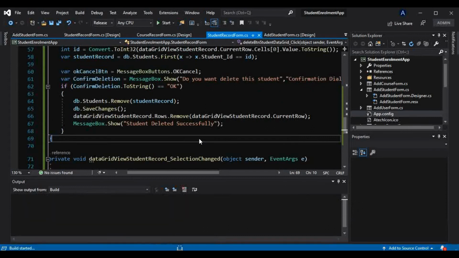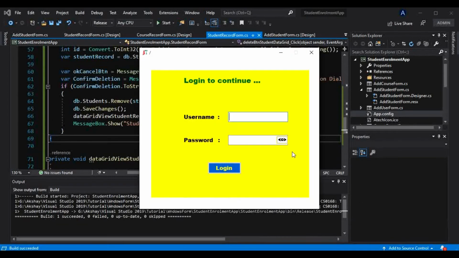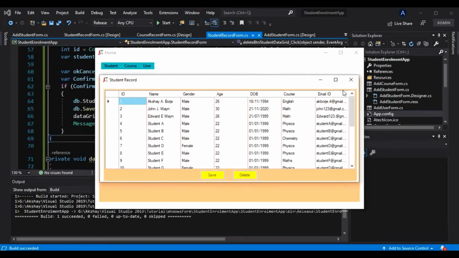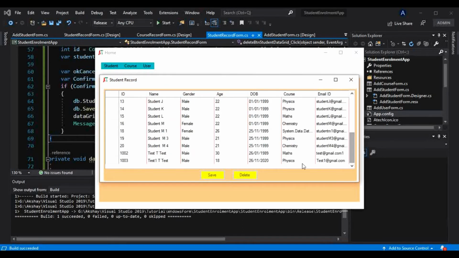And let's just see that again. Now let's just run this again. So let me provide these credentials here. Akshay B, 1994. It is alright. Let me log in there. And now if I go to the students, let's say I want to delete some record from here. Let's say this test record, and that is why I have created this. I have already created this dummy record, and let's say I want to delete this.